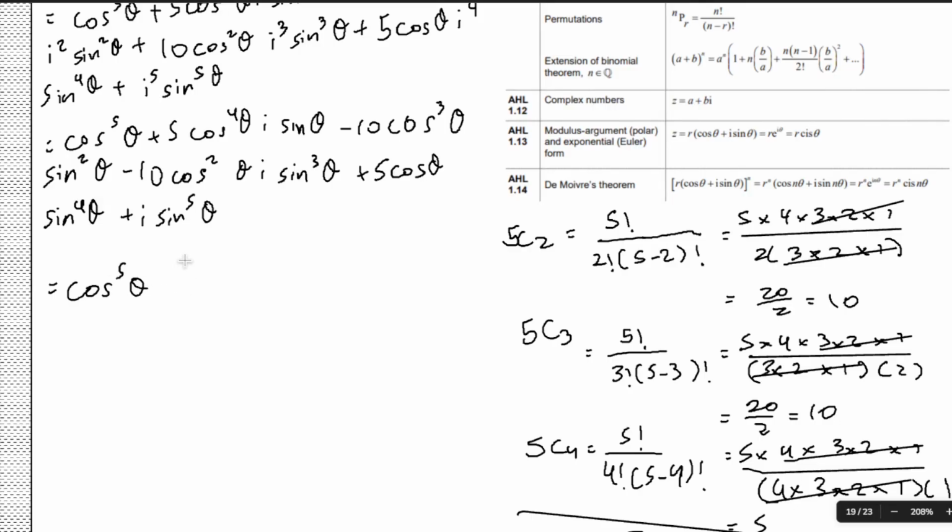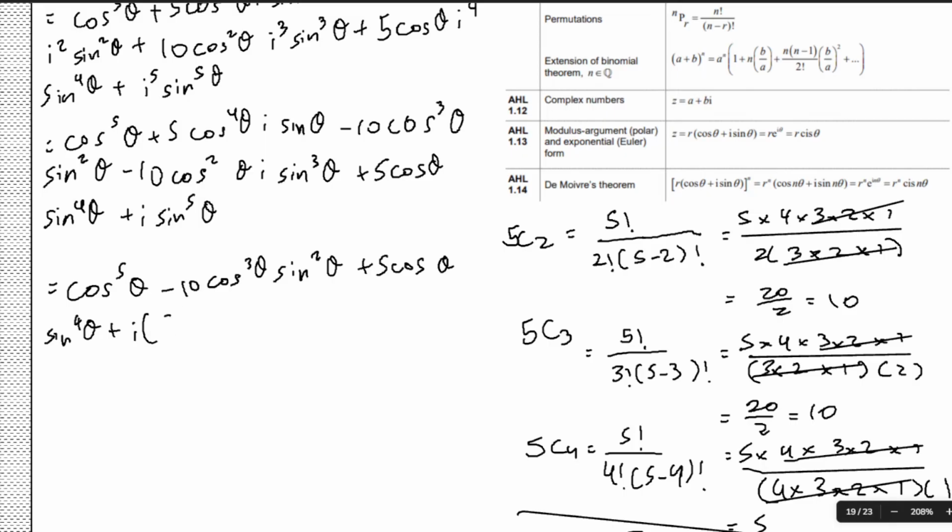So here we have cos^5 theta minus 10 cos cubed theta sine squared theta plus 5 cos theta sine^4 theta here, and plus,